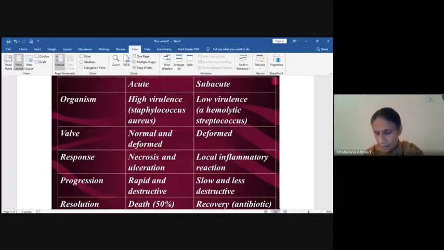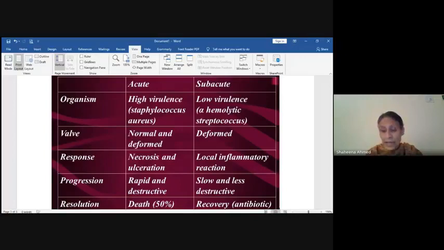Then, looking at the valves. Now we know in endocarditis, there are vegetations on the valves. In acute endocarditis, the vegetations are going to be large, bigger in size. Whereas in subacute endocarditis, the vegetations are small in size. Bacteremia. In acute endocarditis, bacteremia is going to be very, very severe. Whereas in subacute, bacteria may be present, but it is going to be in a very mild form. And basically, these are the extra points which I wanted to convey to you.